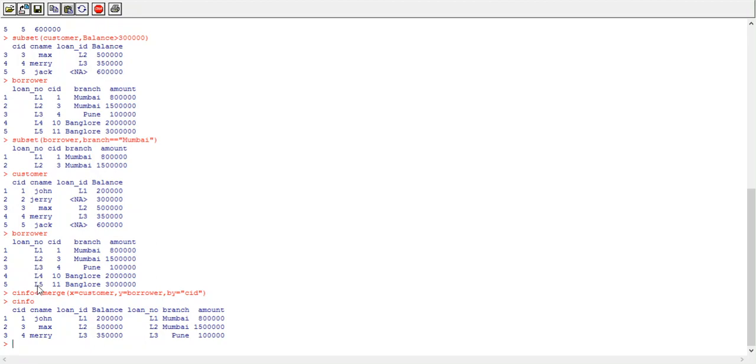So out of these 5 loan numbers, only loan number 1, loan number 3 and loan number 4, these 3 loan numbers, these 3 customer numbers are there in customer data frame. Okay, so we can get data only for these 3 customers, 1, 3 and 4 by using this merge function. Okay, so this is how we can implement inner join operation on two data frames.